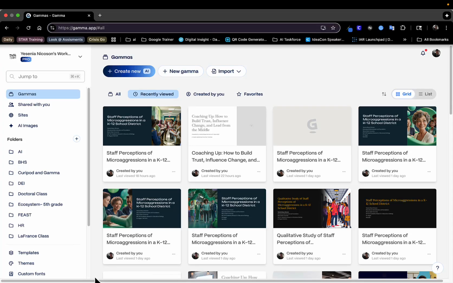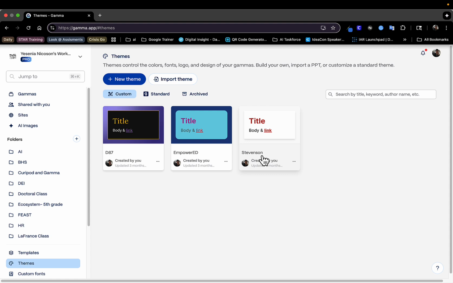So once you're actually in Gamma, it is really intuitive. So I think we're going to spend some time talking about how you can build your own custom theme so it fits your brand. On the left-hand side, I'm going to go to themes. Currently have 3 themes created. I'm going to go ahead and create a new theme. I'm going to walk you through what that looks like so that you can see how you can build your